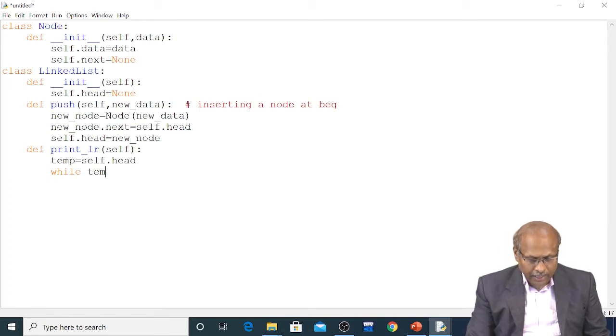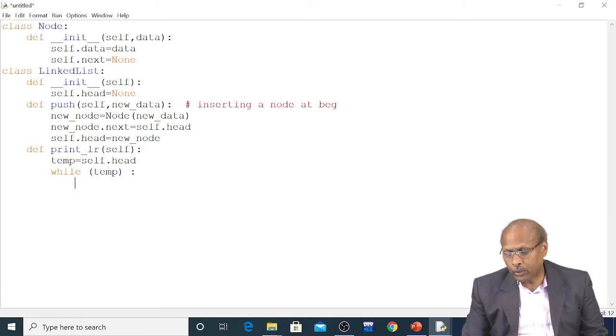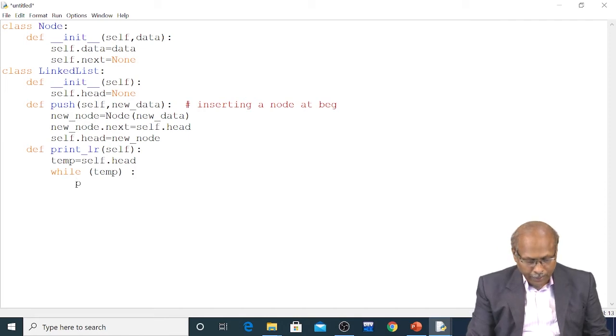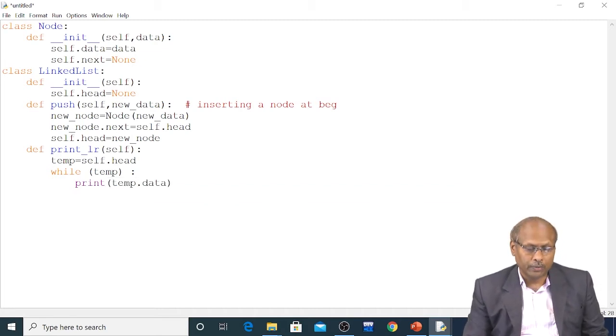If temp is not null, then I will continue. Whenever temp is null, stop it. Now here what I will do? I should print it. Print temp.data, because temp is my node.